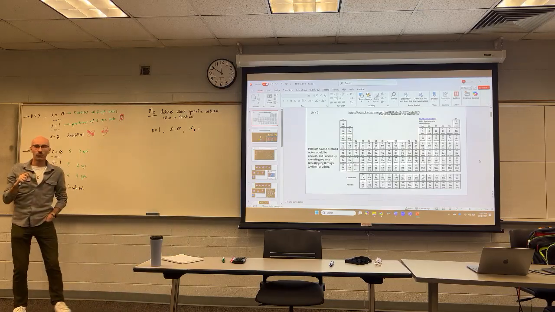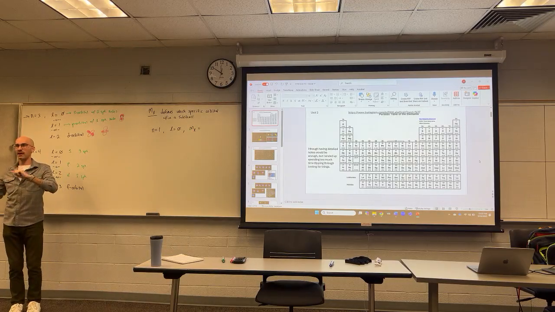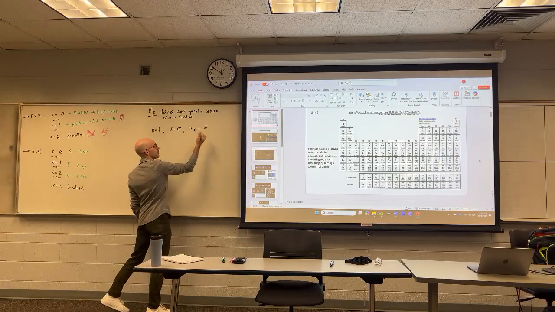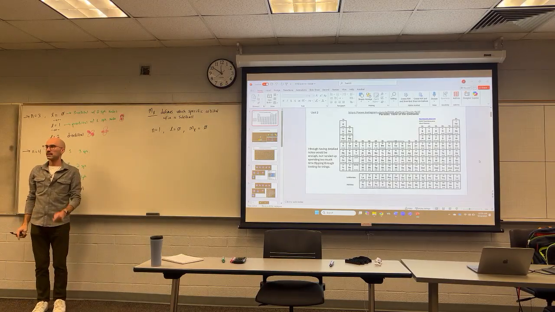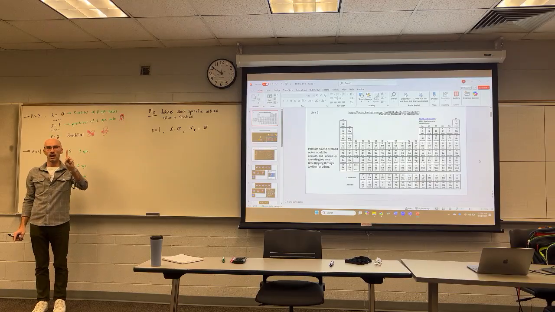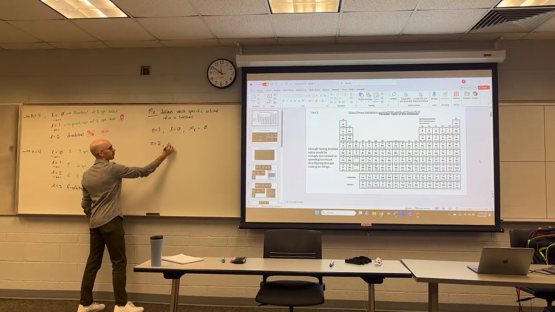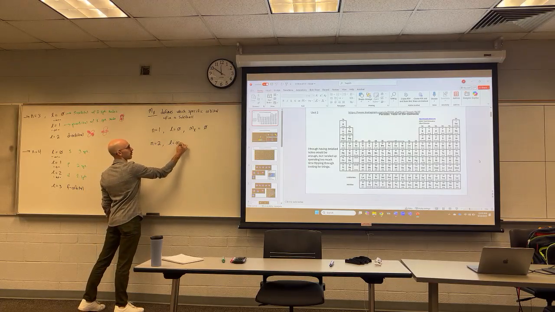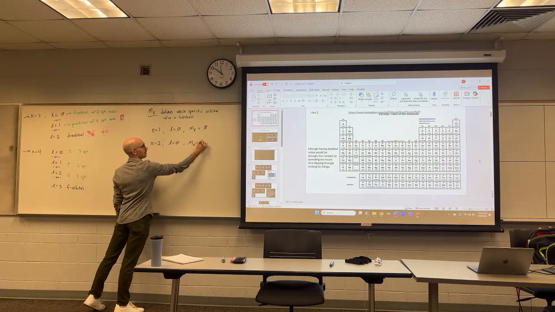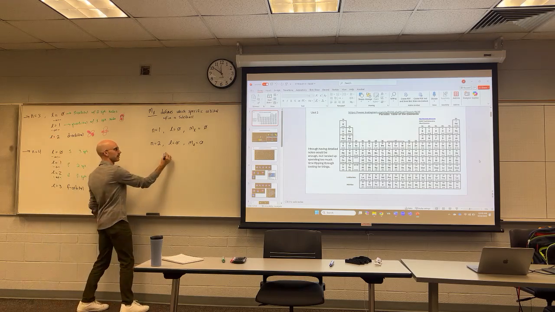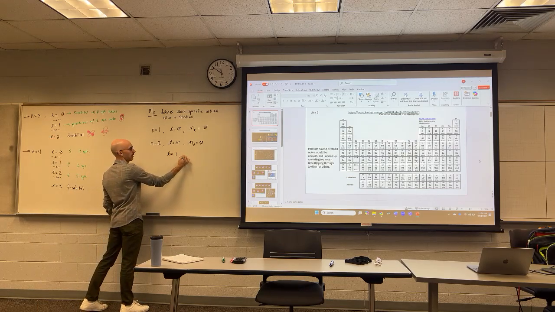M sub L ranges from negative L to positive L. 0. There is one orbital of S per S subshell. Now let's go up a level. Let's say n equals 2, L equals 0, M sub L is 0. There's only one orbital it's in. But L equals 1,